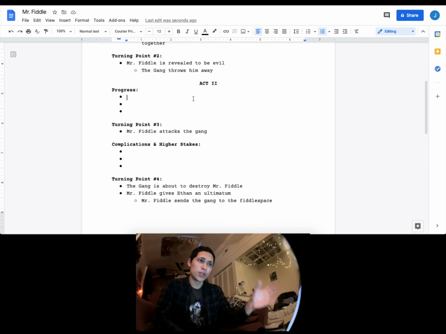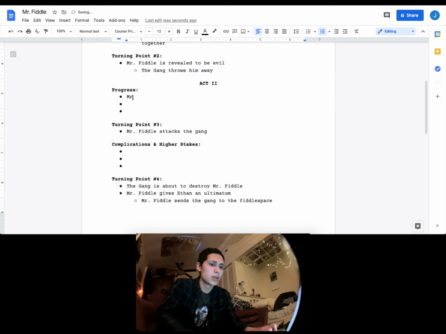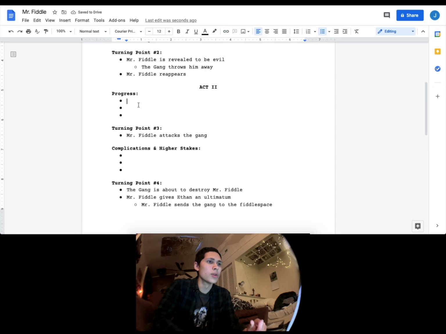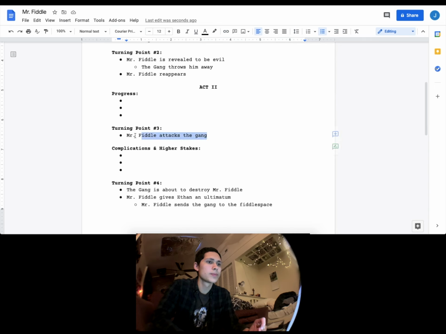But again, that's not a huge thing going throughout. So maybe Ethan doesn't fish him out of the trash here. So maybe he just appears. Mr. Fiddle reappears. They think it's normal. And actually, that probably makes sense for this. So, for Act 2, and that actually doesn't make sense right there. See, again, now you know, you go back and forth a whole bunch. So now I'm thinking, actually,